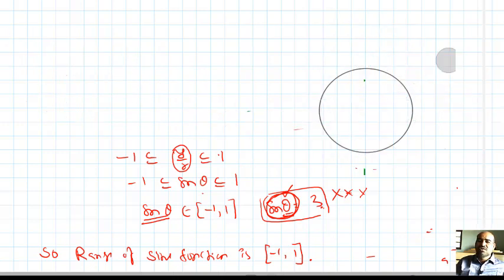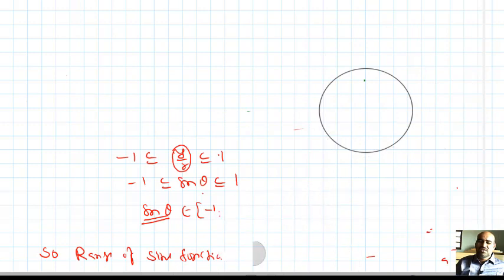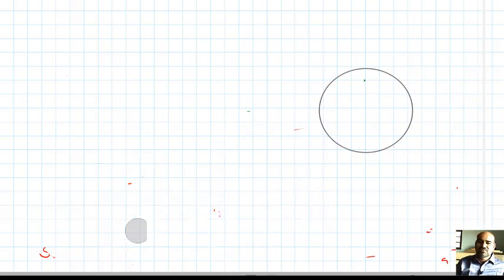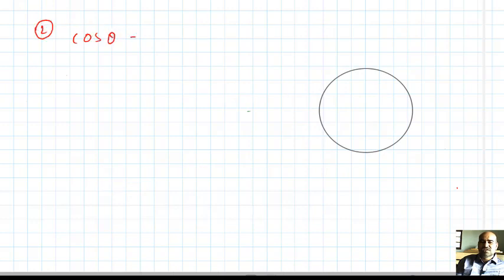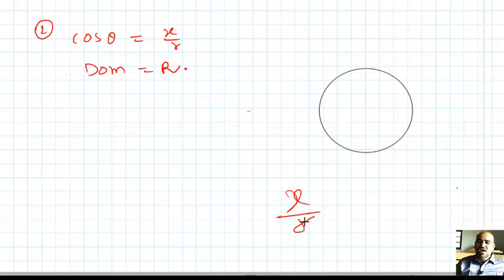Okay, students. Now I have explained the domain and the range of the sin function. One by one I want to explain; that is an important thing. Second, the cos function. Cos theta equals x by r by definition. Domain is already defined: all real numbers. Now for the range, with the same argument, x by r value, no? R is the radius of the circle. So x is equal to r, or x is always lesser than r.